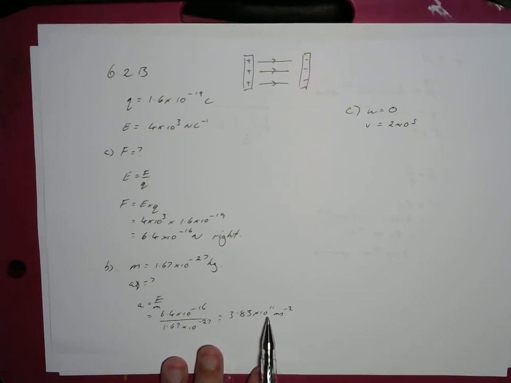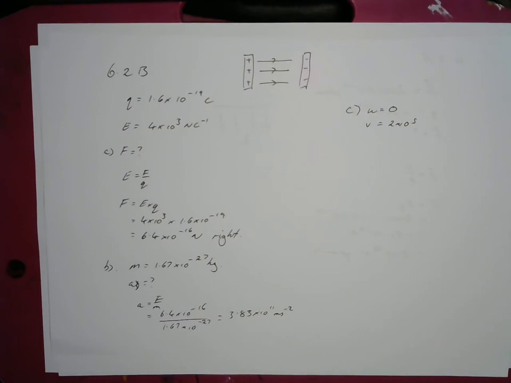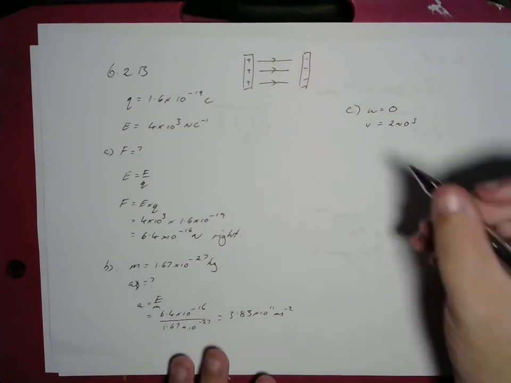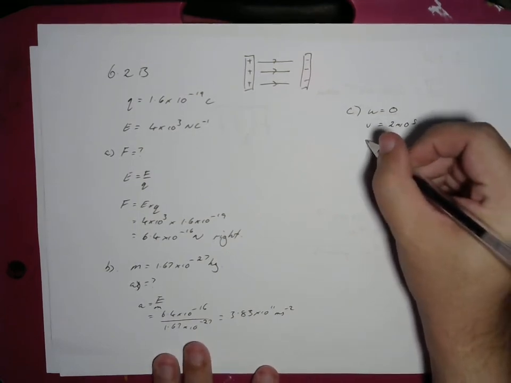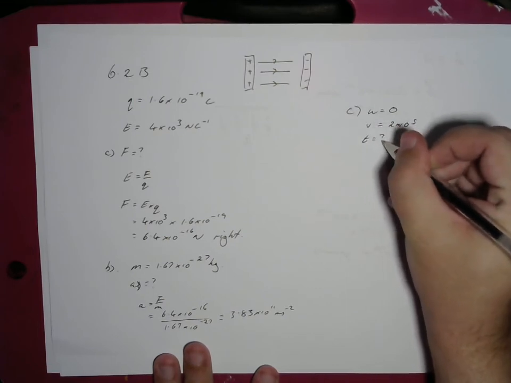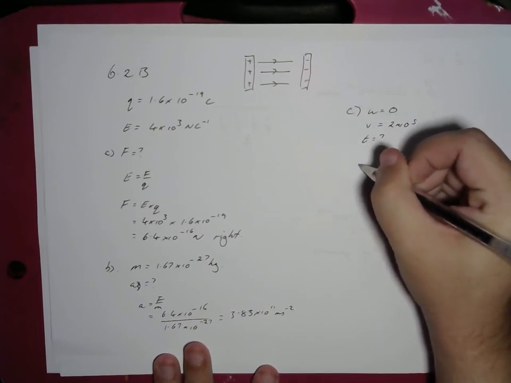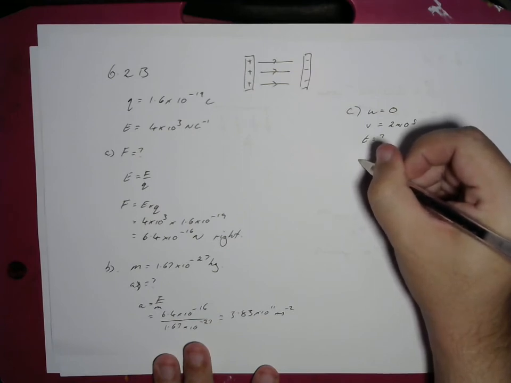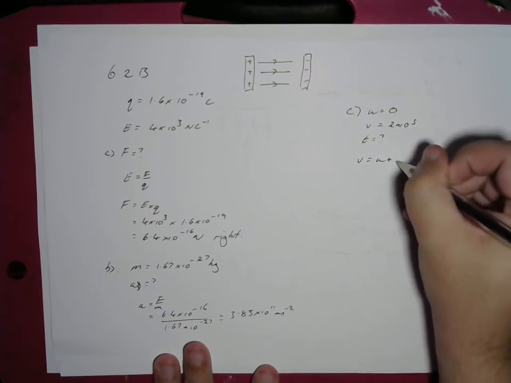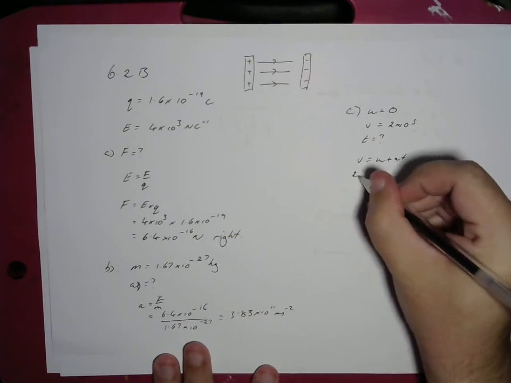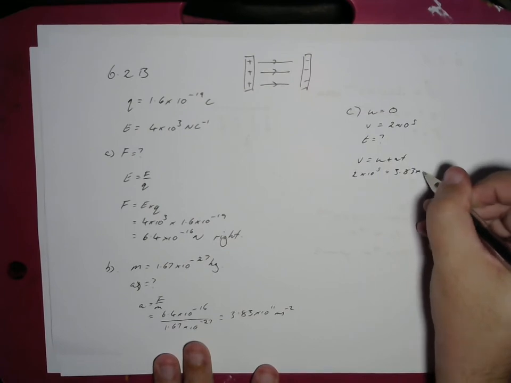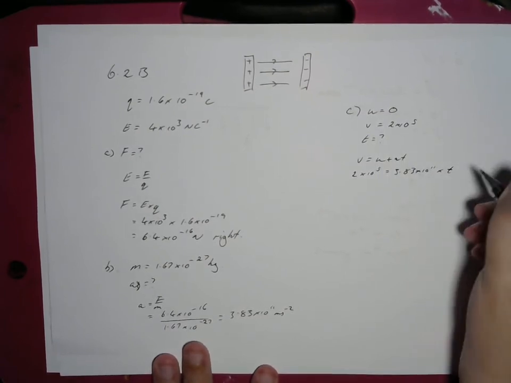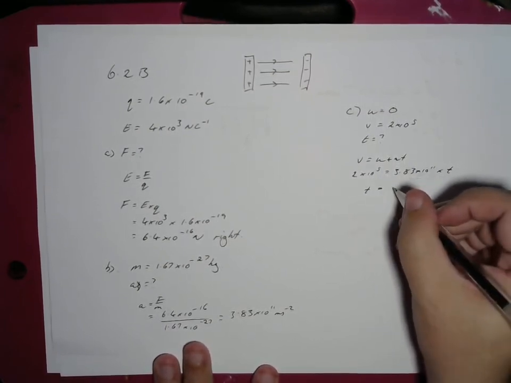Okay, so 10 to the power of 11, that sort of acceleration being applied to us would probably squish us into paste, because we need a lot of force to do that. We know our acceleration, and we are trying to find a time, and we know an A, so V equals U plus AT is going to be our formula. 2 times 10 to the 5 equals 3.83 times 10 to the 11 times t, and if we rearrange that, we'd solve that t equals